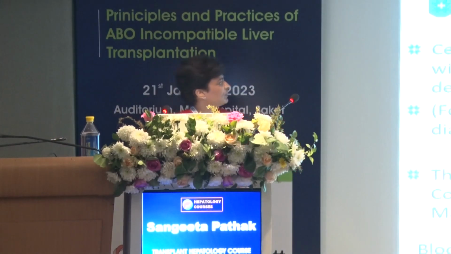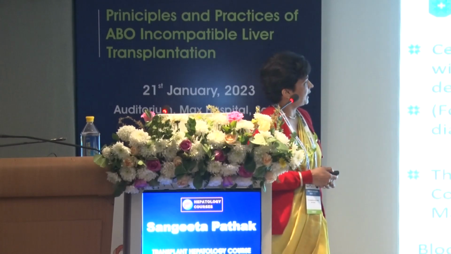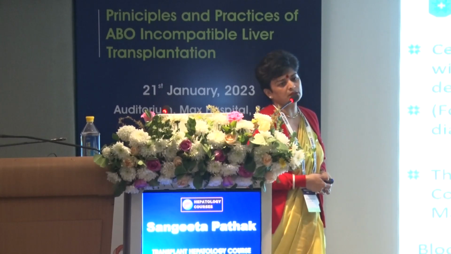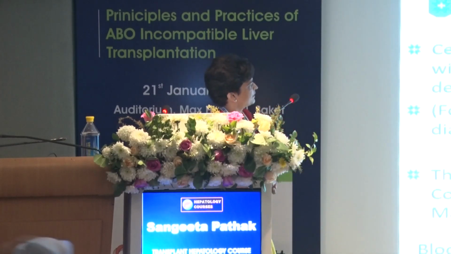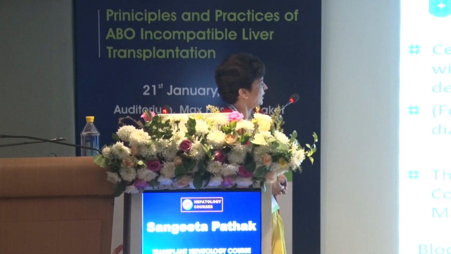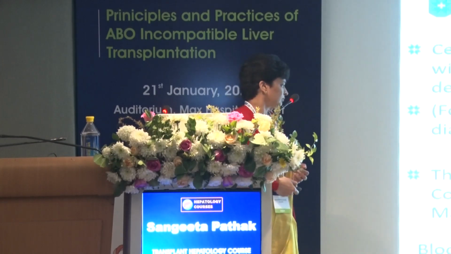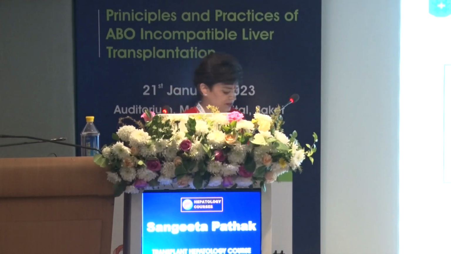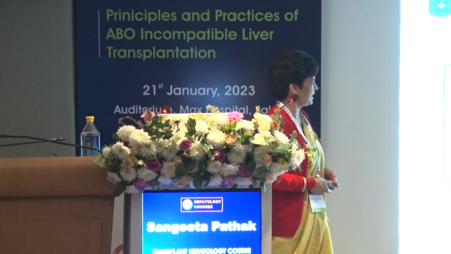Then there are various types of equipment being used for plasmapheresis, and in our setting we are using these two I'm showing. There is a third equipment also that we use at times. Centrifugal TPE is performed with the help of specially designed apheresis equipment, and the best option is continuous flow. Blood is withdrawn and continuously it comes out and is continuously processed and used. So that's the difference between a centrifugal TPE and membrane TPE,